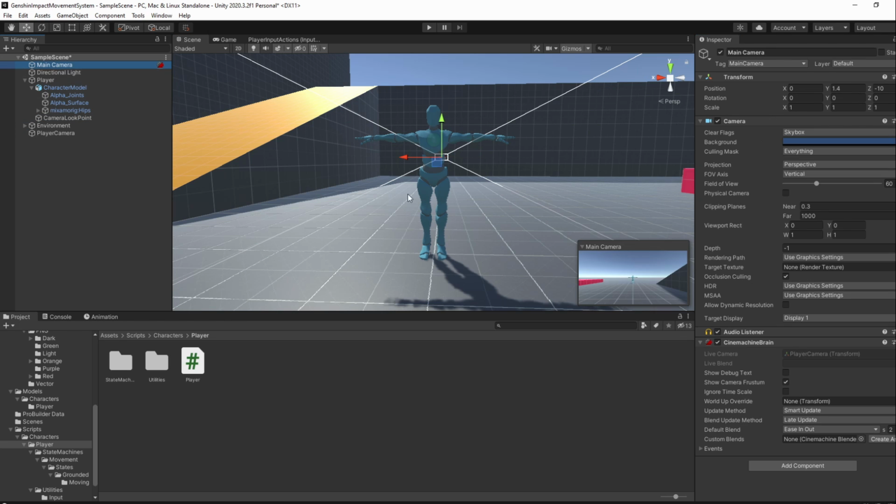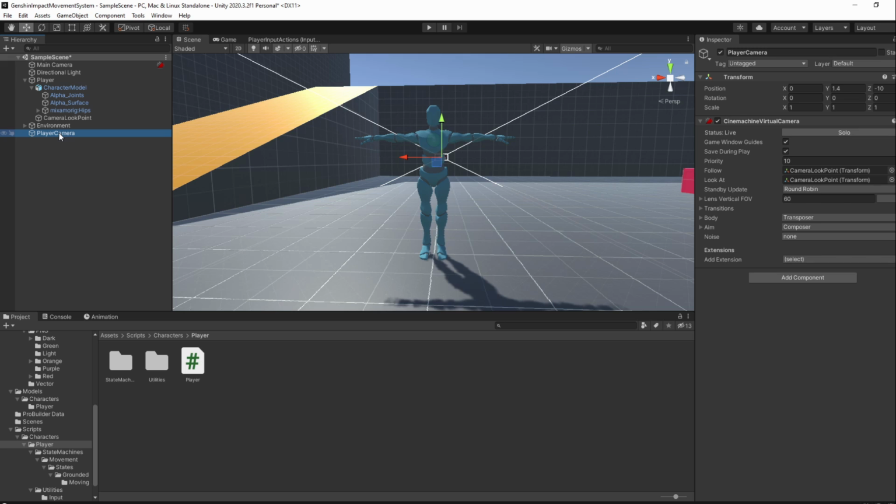Note that Cinemachine should add a Cinemachine brain to your main camera automatically, but if it didn't, make sure you do it yourself. This simply makes it so Cinemachine cameras can control your main camera. Our camera is now looking towards our camera look point, but is still using the old input system, so our current mouse input won't work. Thankfully, it's quite simple to swap it with a new input system, as all that we need to do is to add a new component named Cinemachine Input Provider.